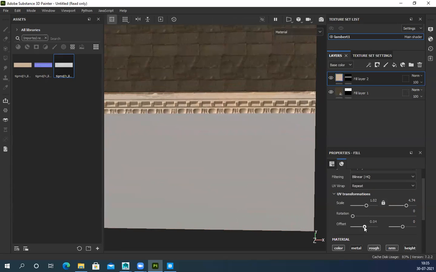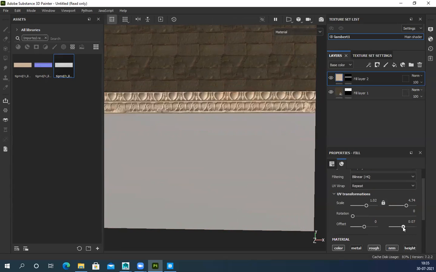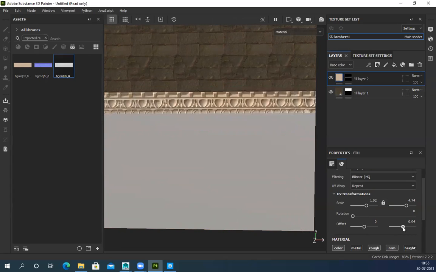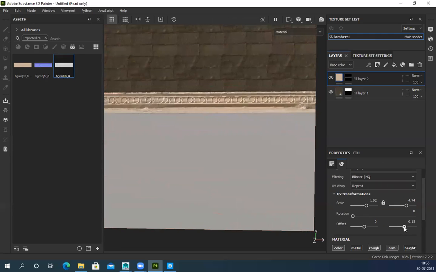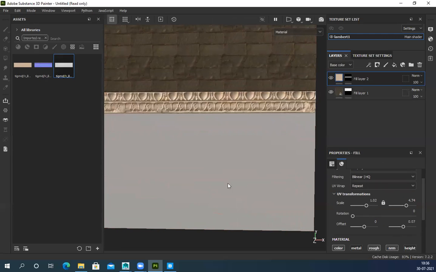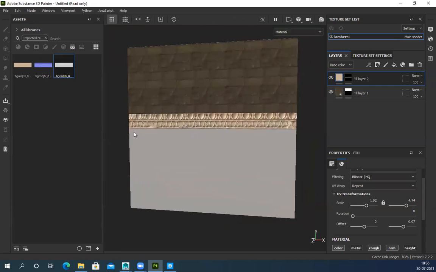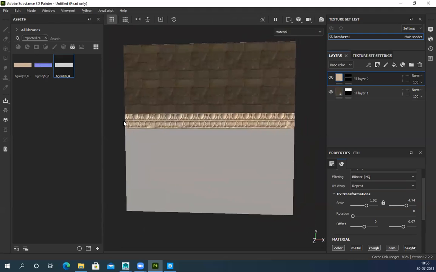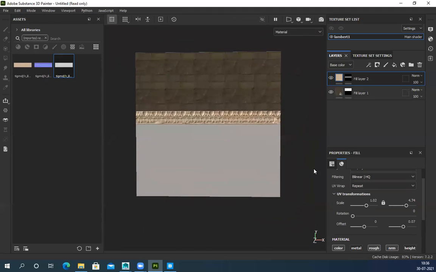So I can just offset this thing, fit it nicely. Much better. And all these textures are tileable, so no matter what you do, how you place it, it will always be correct. It will tile without any issue or error, end to end. So that we have to do.